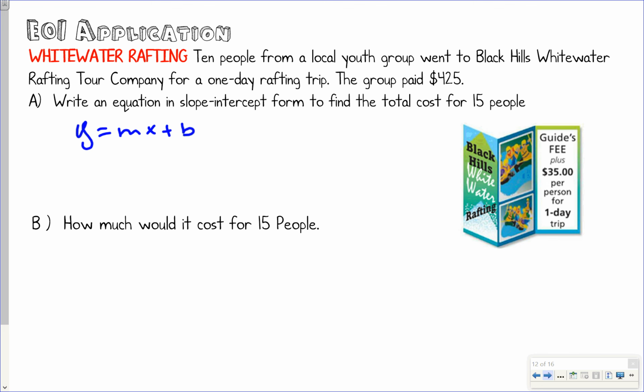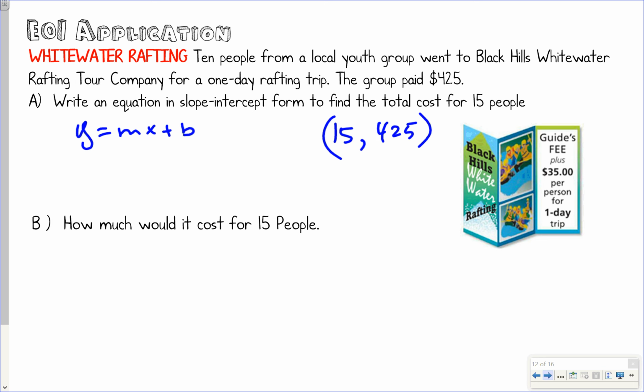Am I going to have to plug some things in? How many people? 15? Okay, so 15 costs how much? So if X was 15, what would Y be? If my input was 15, what would my output be? How much is it for 15 people? 425. So if my input is 15, then my output is going to be,